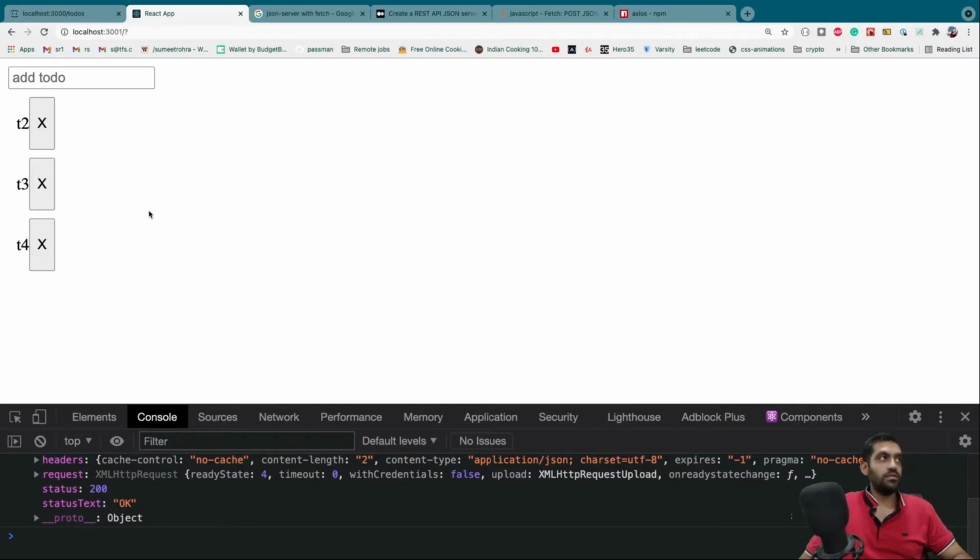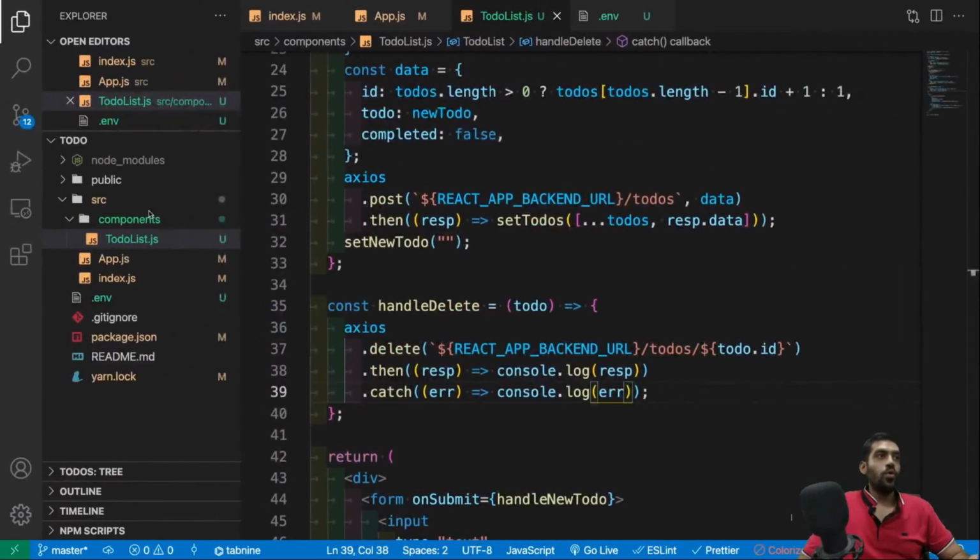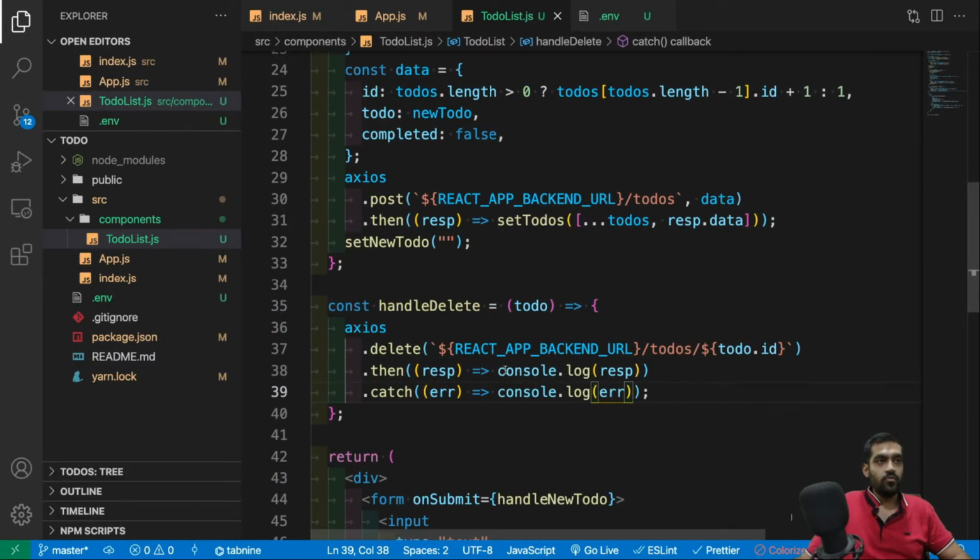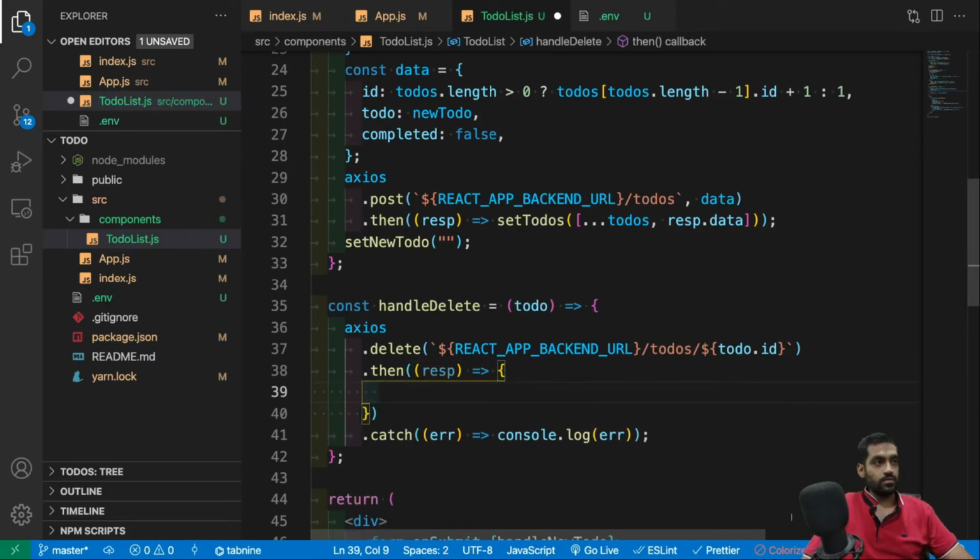This is a really simple application. So what we can do is, when we have the response here, in the then block, this is all good.